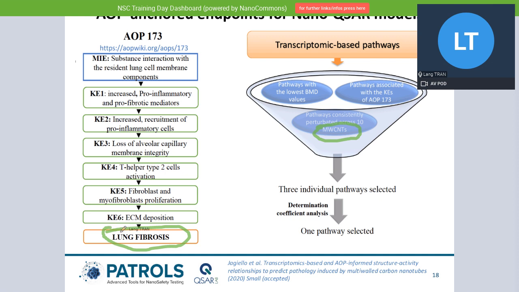Okay. So they're looking into this, and they developed a kind of descriptor so that they can explain the pathway from inflammation to the loss of alveolar capillary integrity to fibroblast proliferation and the deposition of collagen in the extracellular matrix, and that's what we end up with: fibrosis.